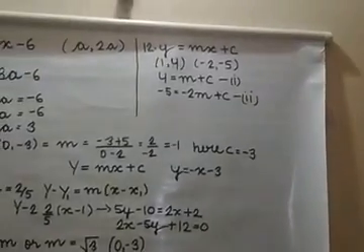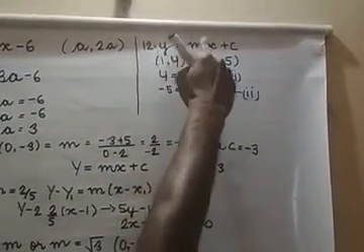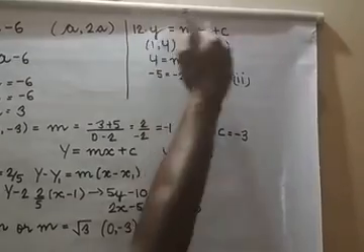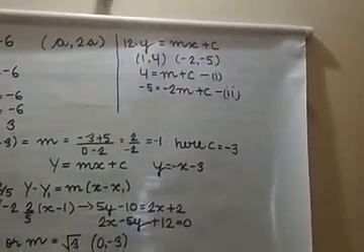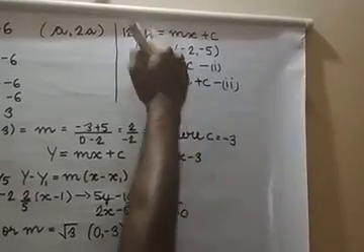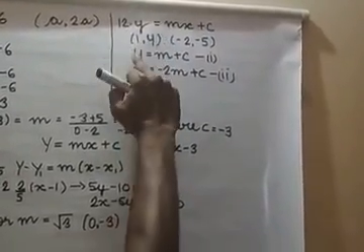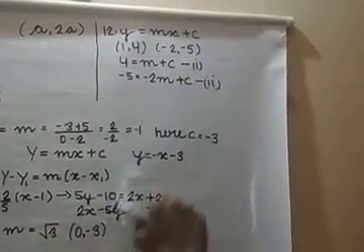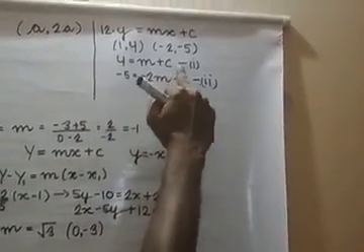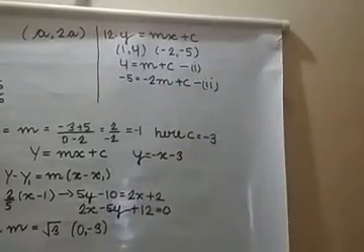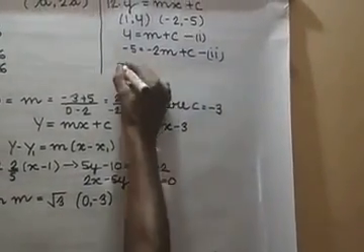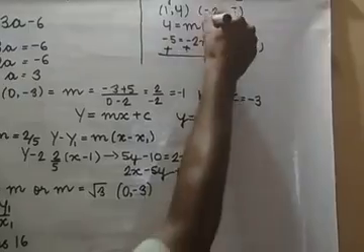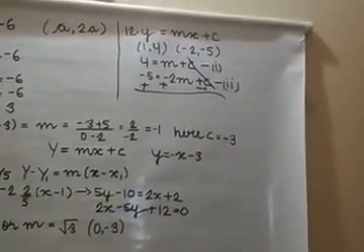In question number 12, it is given that y = mx + c and 2 points are given to us which lie on this particular line. So what I have done, I have replaced the value of x and y, making equation 1: 4 = m + c, and -5 = 2m + 3 + c, that is the second equation. What you have to do, you have to just change the sign, subtracting. Here this c will cancel out and you can easily calculate the value of m.